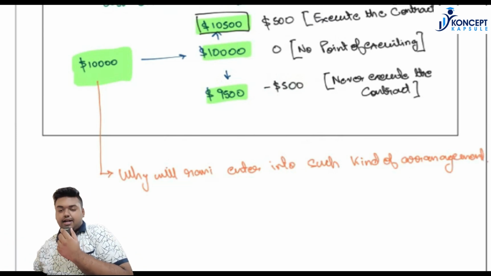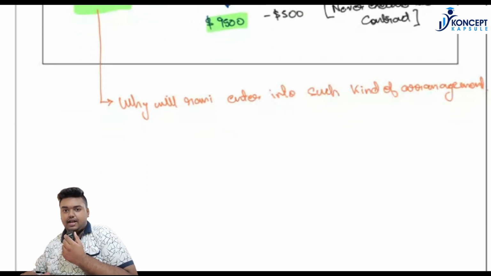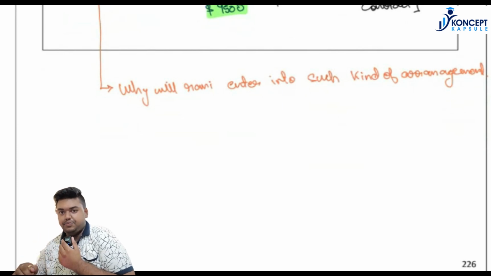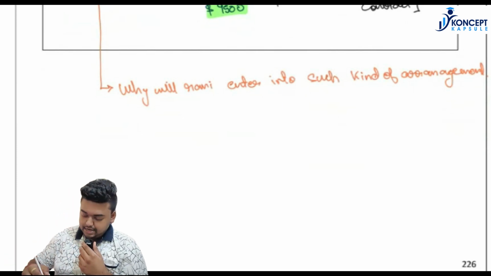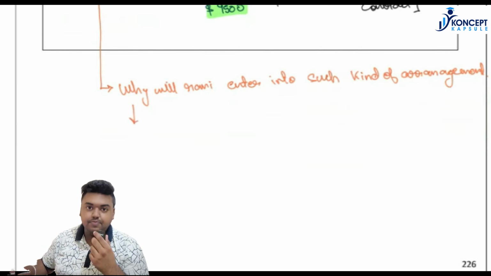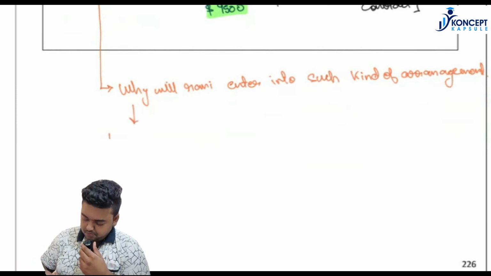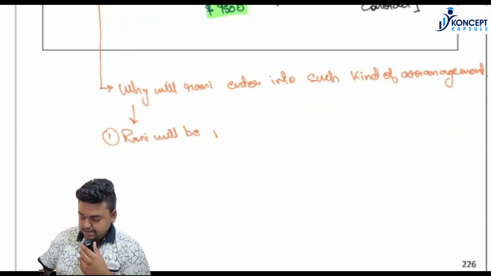When this contract will never be profitable for Rani, then why will Rani enter into such kind of arrangement? Rani will enter into such kind of arrangement only because of two things. One, Rani will be paid upfront to enter into this kind of a contract,